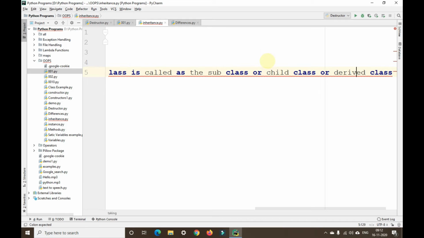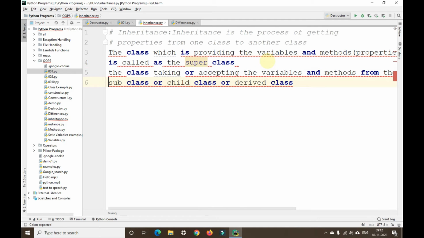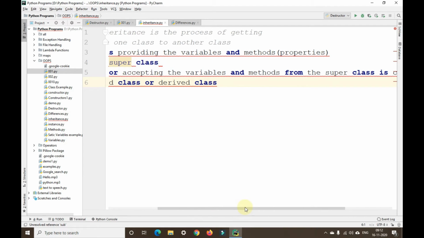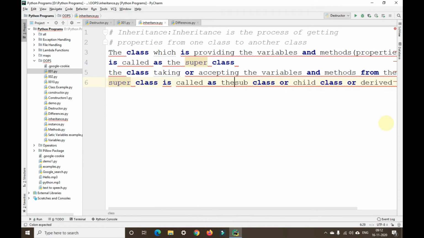So the class that is taking the properties from the superclass is called a subclass, child class, or a derived class.